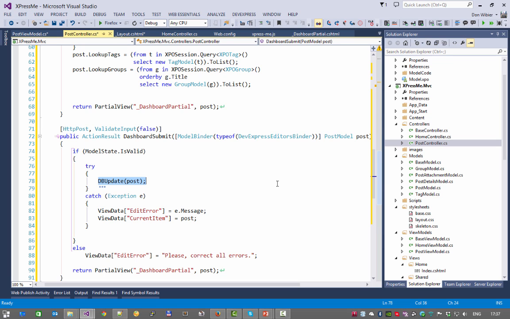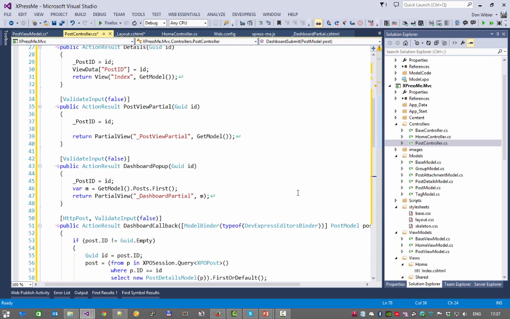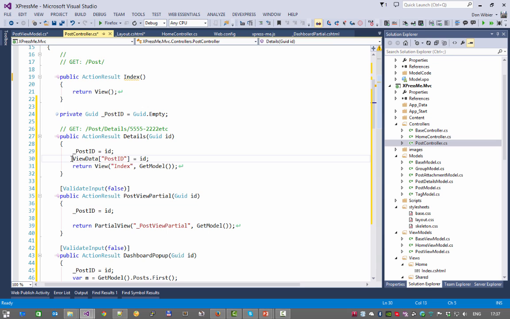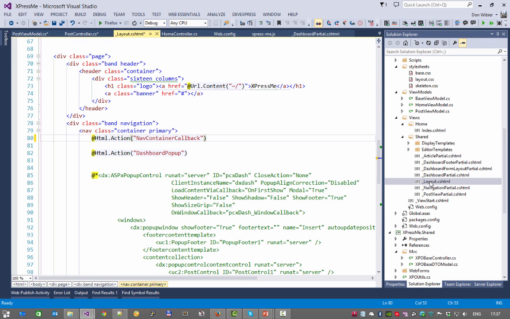But before that can be done, there is one thing that needs to be changed. Because I am dealing with the view data collection to exchange some data to some other views, I need to do something with it as well. And that primarily happens in the layout. In the layout I am rendering this dashboard pop-up, and the dashboard pop-up needs to have that ID in case of an edit function. So what I can do here is get that ID